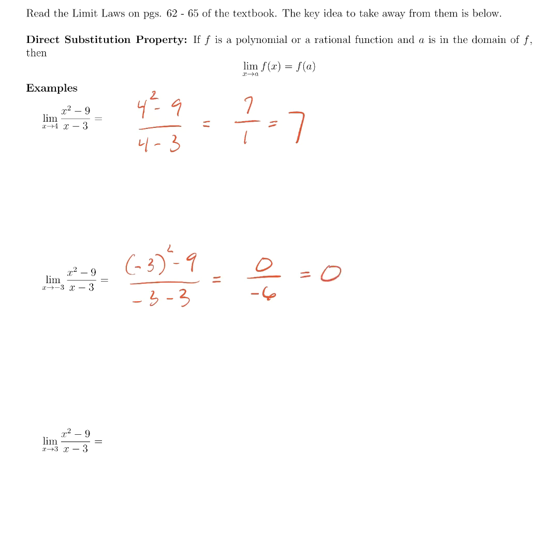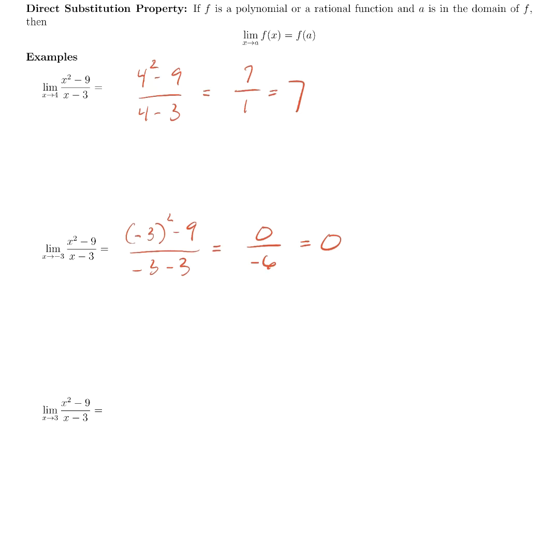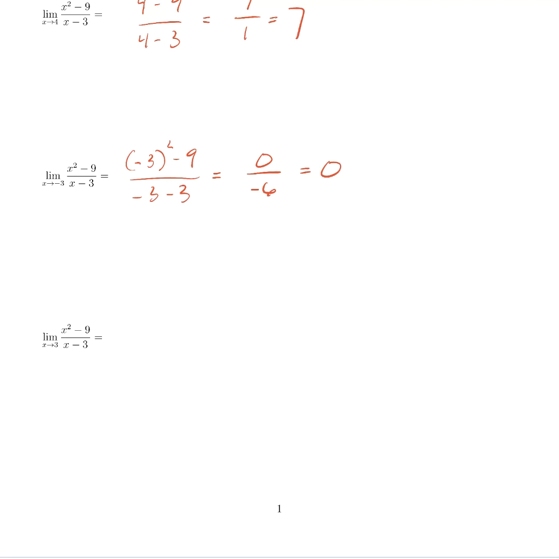One more example with this same rational function. We ask the same question now about 3, and because it causes the denominator to be 0, it is not in the domain of x squared minus 9 over x minus 3. So in this case, we can do a little bit of work though. We can try to do some factoring and simplification and see if we can get down to a situation where we can directly substitute. So it's really important here that we bring along the limit notation